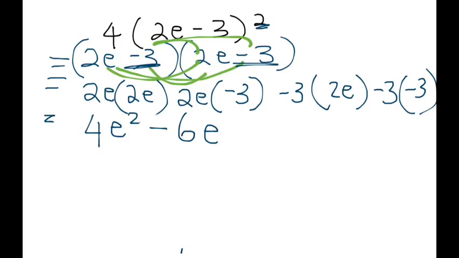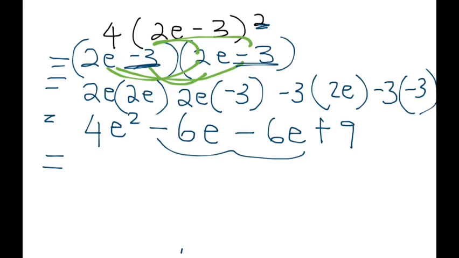We move on. Minus 3 times your 2 will give you a 6. And then we have your e. Then your negative 3 times your negative 3 will give us plus 9 if you put that in your calculator, because a negative and a negative gives you a positive. So now we gather all